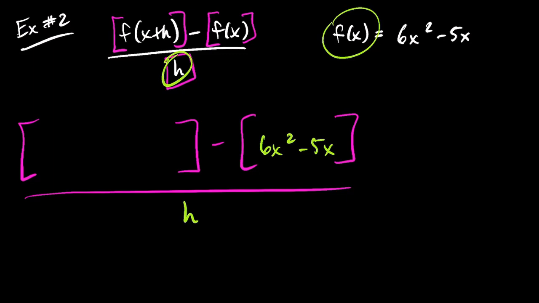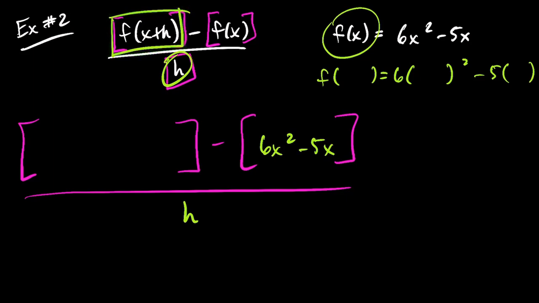okay? But for now, all we really have to do is evaluate this, which remember, f of something is equal to 6 times that thing squared minus 5 times that thing. That's what this is saying. Okay. What did they replace the unknowns, the x, our placeholder, with? X plus h. Good. So that means I'm going to take that and replace everywhere I saw an x with the x plus h into my function and evaluate it because I want to know what this is equivalent to